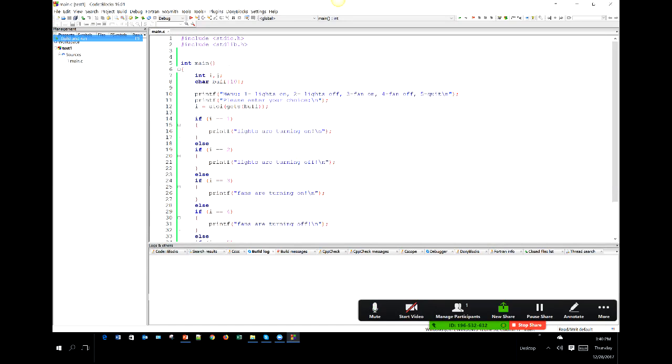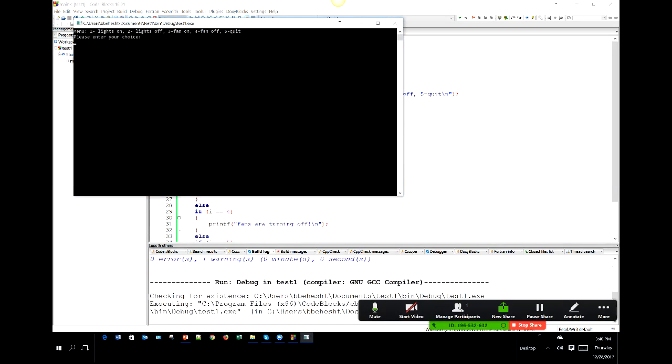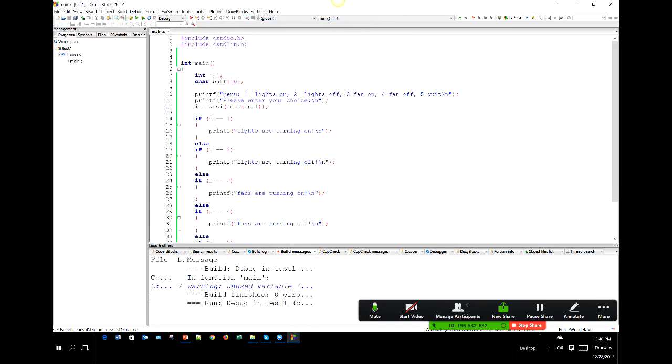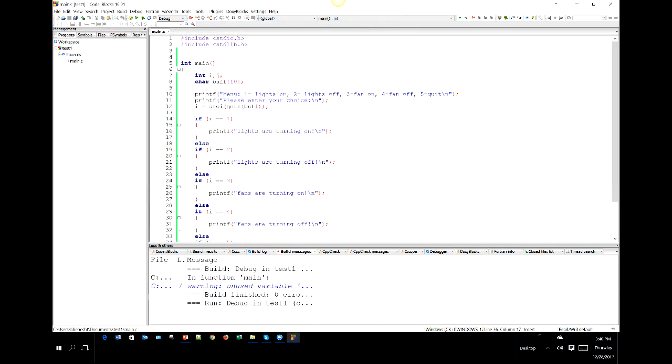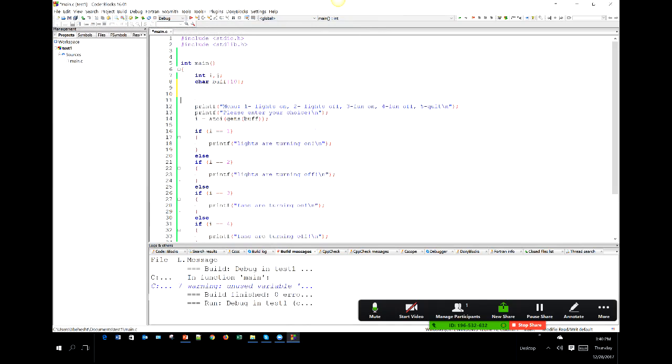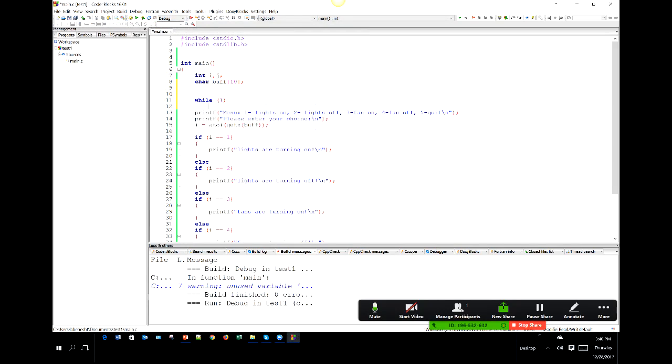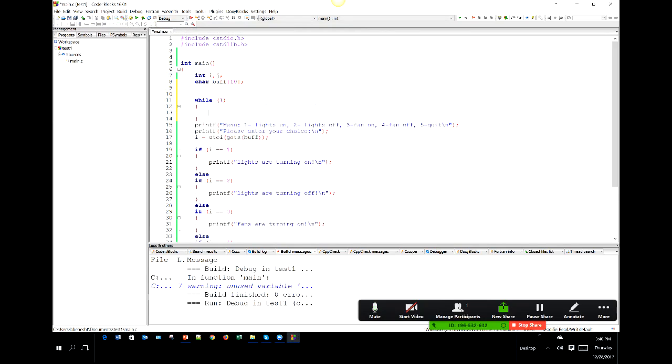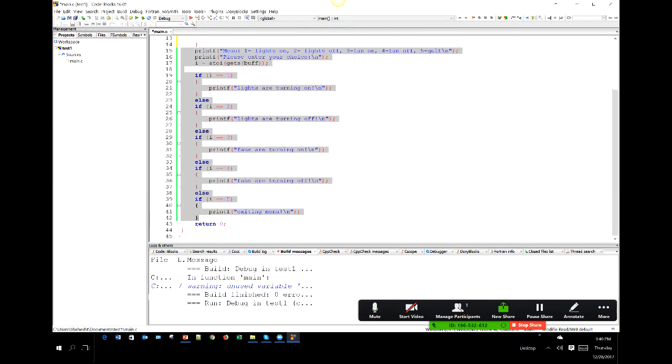Build and run. All right, so enter your choice. I'm going to enter 3, and it says fans are turning on. By the way, you notice that this is kind of silly because it just reads the choice from the menu once and it ends. So I'm going to basically jump in front of myself and create an infinite loop in here. Infinite loop, while 1 means while forever, and I put everything that I just